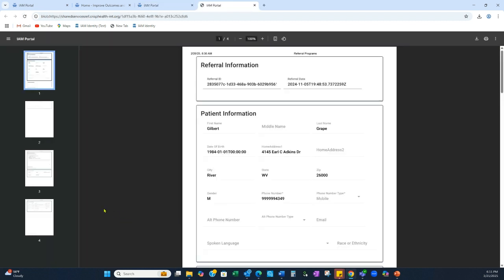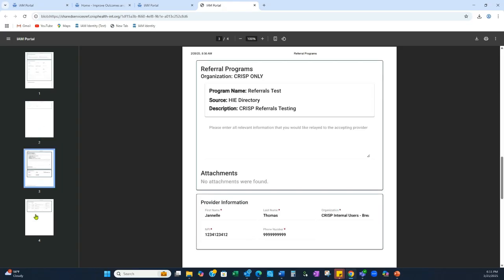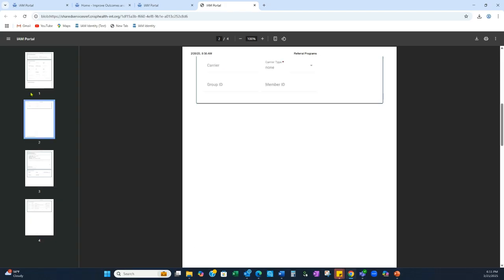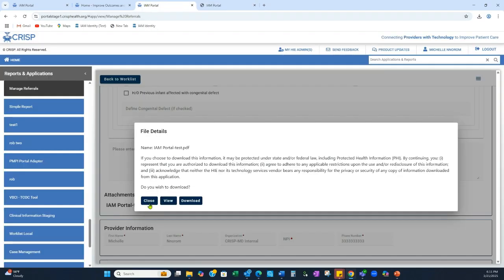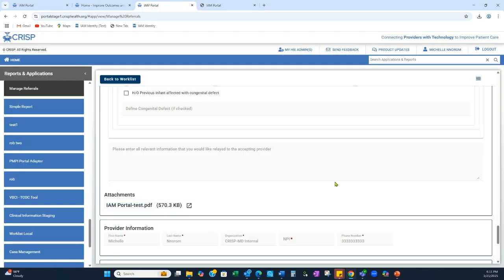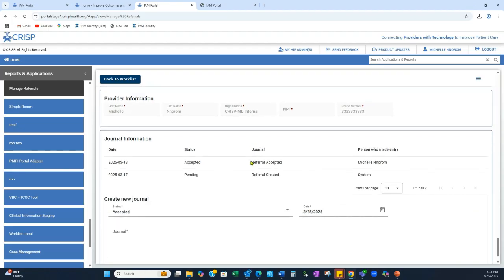You can also download it for yourself and keep it for your records, or keep it in your EHR if necessary. This is just that completed MPROF form that had all the different information that was completed on that specific referral. So we're going to close this one here,